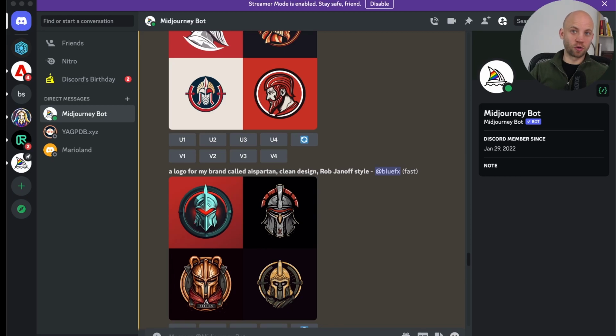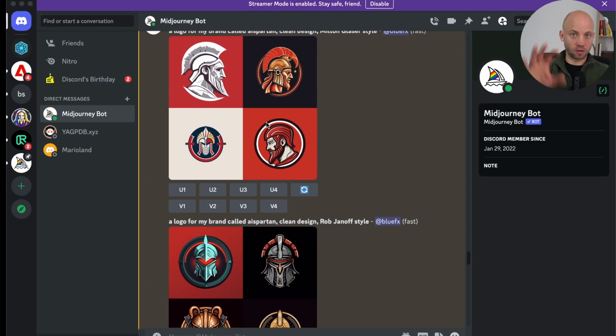So today I'm going to show you how you can create a logo with AI. Now let me show you a couple of examples. So we are here inside Midjourney. Now Midjourney costs $10 a month, and right now it is the most advanced, the most awesome AI image generation